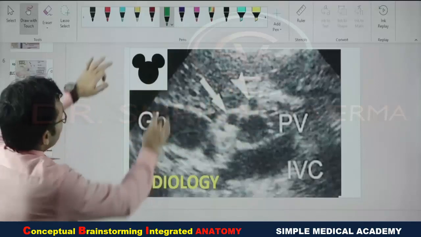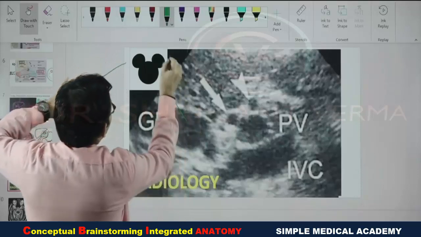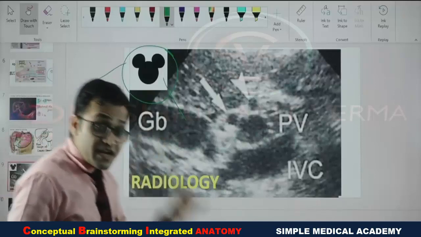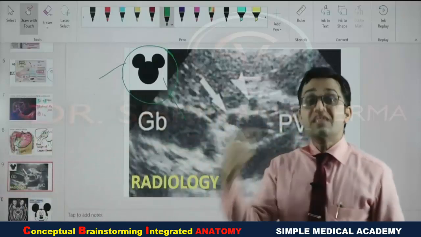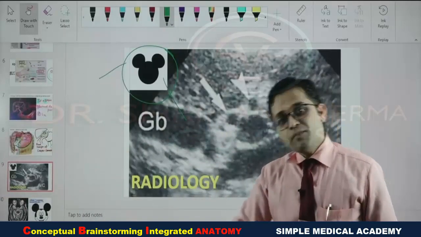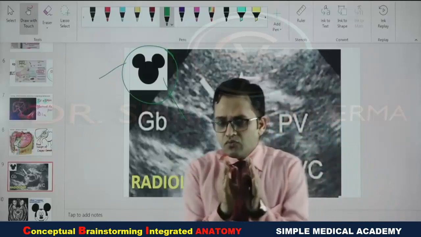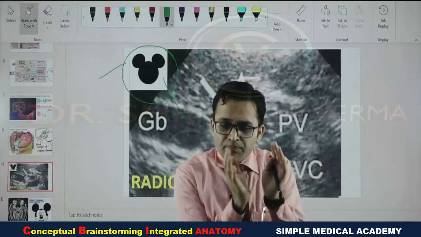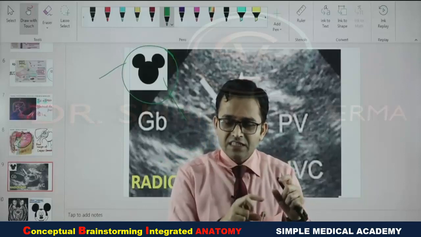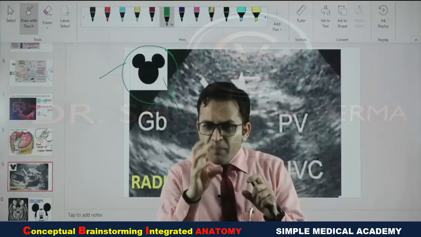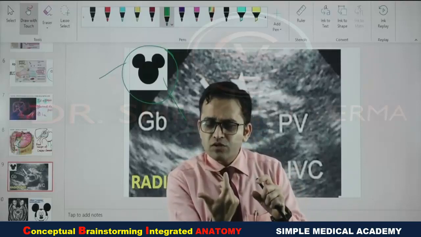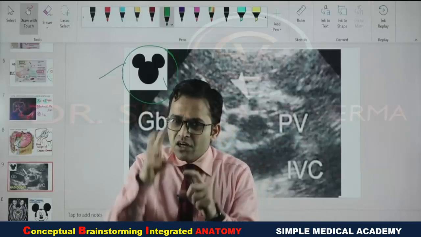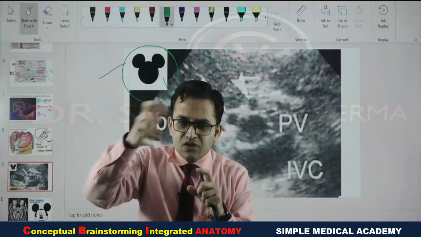And yes, if you concentrate, it is looking like the face of the Mickey Mouse. That's why in radiology you study about the Mickey Mouse sign which is found in the portal vein. So can you get the point how you have to study the anatomy? You are reading the peritoneum, you are reading the greater sac, lesser sac, you are studying about the free margin of the lesser omentum. What is the lesser omentum? You have to know. Yes, along the free margin of the lesser omentum there is the vein, artery and the duct. Now you have to correlate this vein with your medicine, with your pathology.